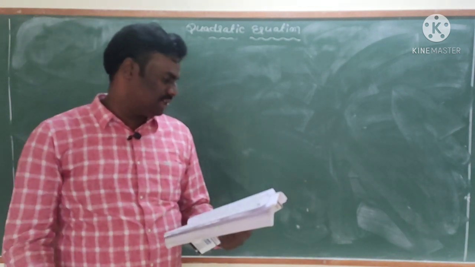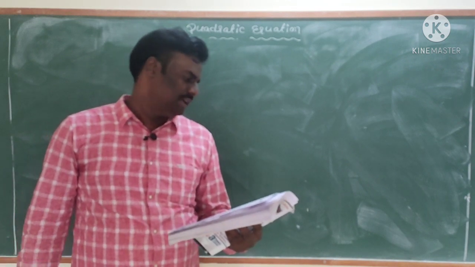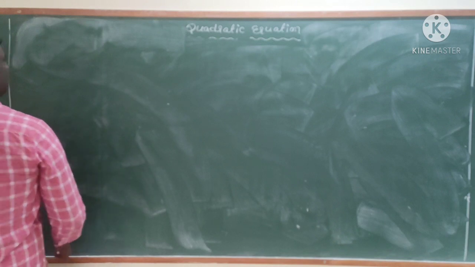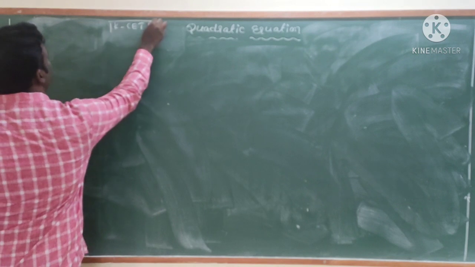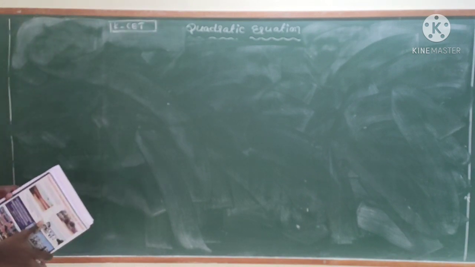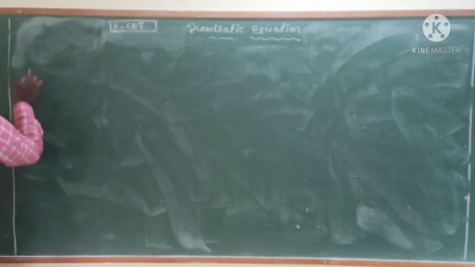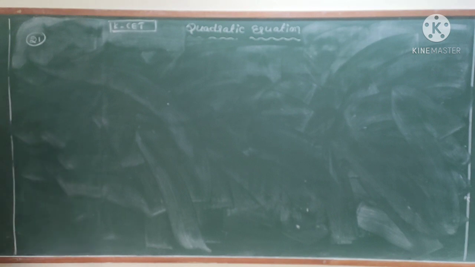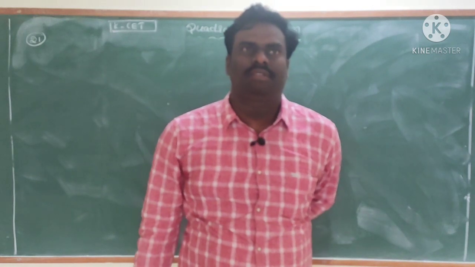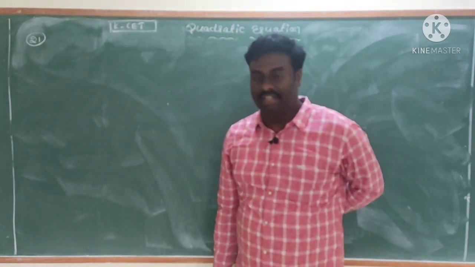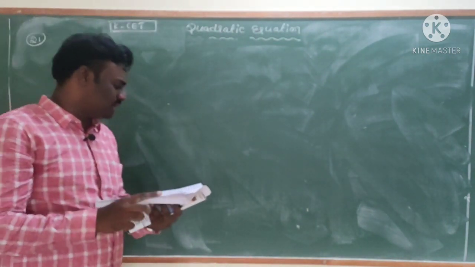Now, chapter name: quadratic equation, page number 100. First we will discuss the k-set corners in quadratic equation. The quadratic equations questions start with question number 21, because up to 20 are complex numbers. After completion of this, I will start the complex numbers for you. So in quadratic equation, observe the first question, 21.